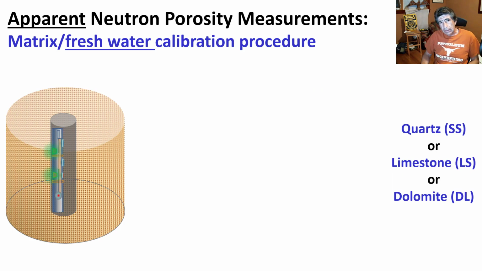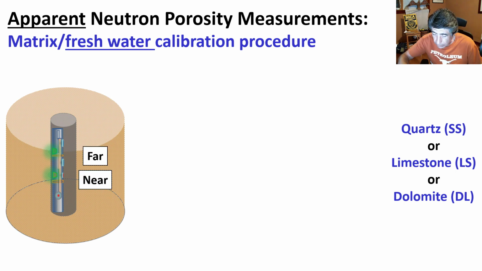And we do that in the field with this principle: these calibrations are actually performed not from the differences between the count rates of neutrons sensed by the near and far detector, but by the ratios. So here we have the neutron tool, it's a cartoon. We have the source somewhere here, and then we have the near detector and the far detector. So we know that as we go far away, the count rate of neutrons decreases, but also the material that they went through will have an impact on